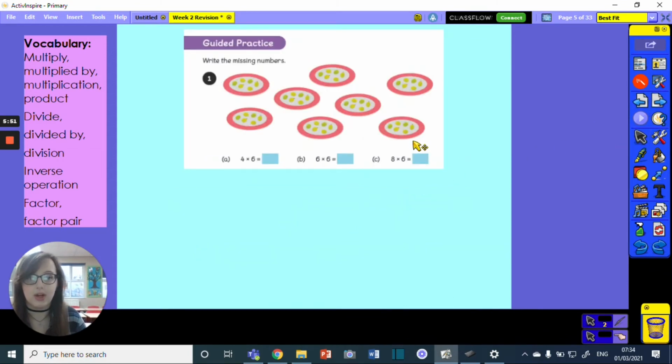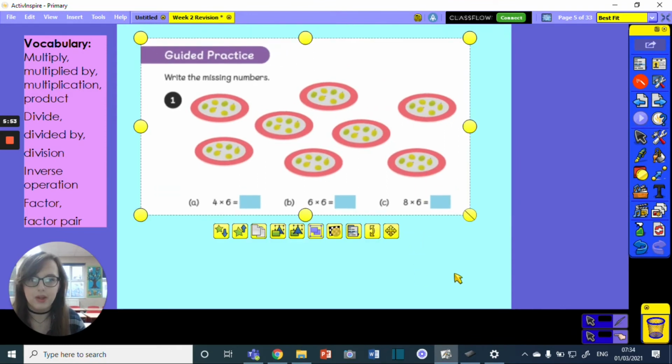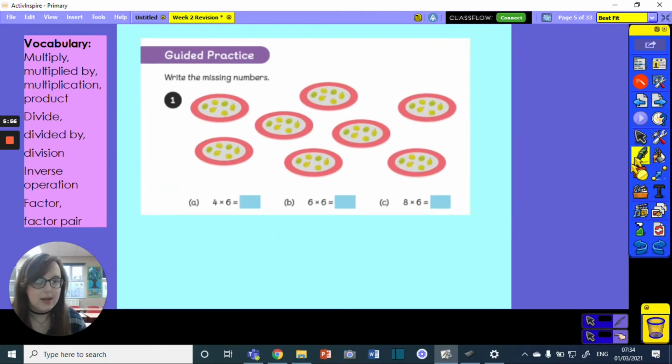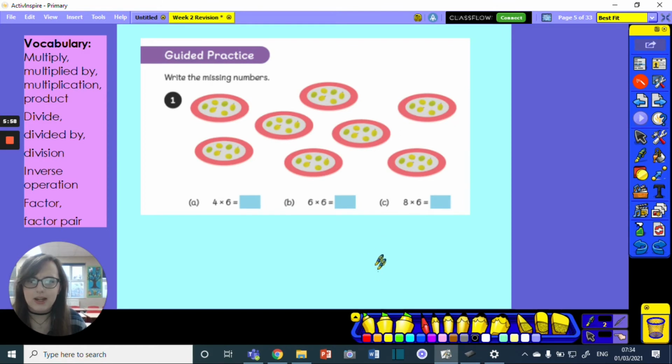So time for you to have a go. Let me just make this a little bit bigger for you. We've got some plates here, plates of pears I think, or maybe really, really tiny grapes, it's hard to tell. But in any case, each plate is exactly the same. There are 6 fruit on each plate. Can we use these plates to help us find the missing numbers to these calculations? So if you know your times tables, you can get these straight away. If you don't, you're going to have to spend a little bit longer using these plates and counting up to help you. Have a go at these questions and I'm going to share the answers with you in 3, 2